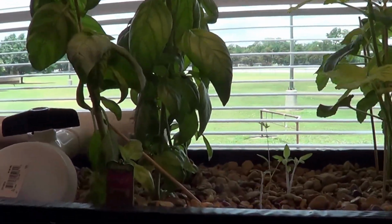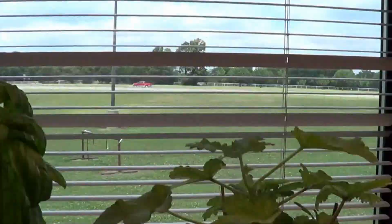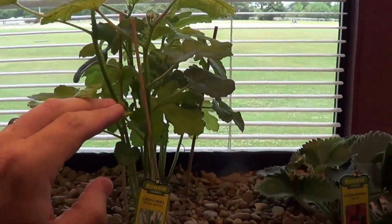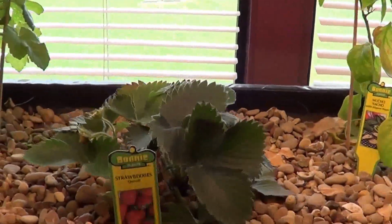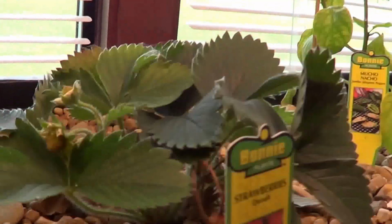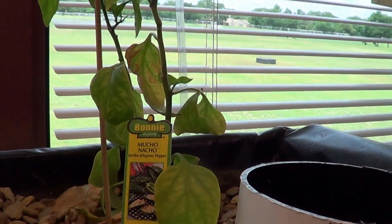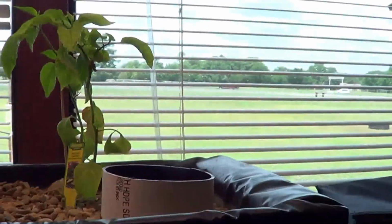Here's the regular sweet basil. We've kind of pruned some of it off. Okra has grown quite a bit. It wasn't but just a little bit, about like this, and it's taken off a little bit. These strawberries aren't growing, but they're flowering. We got another one trying to start right there, and there's that old jalapeno that still hasn't died. I guess I can say that much. It's not growing much, but